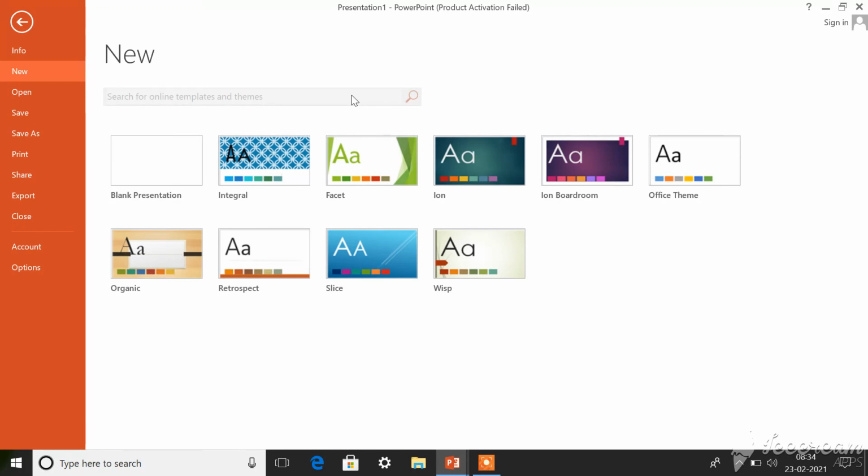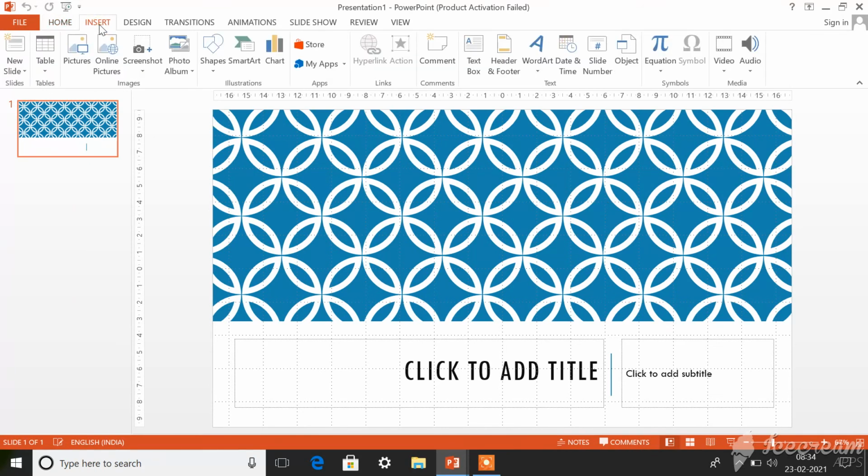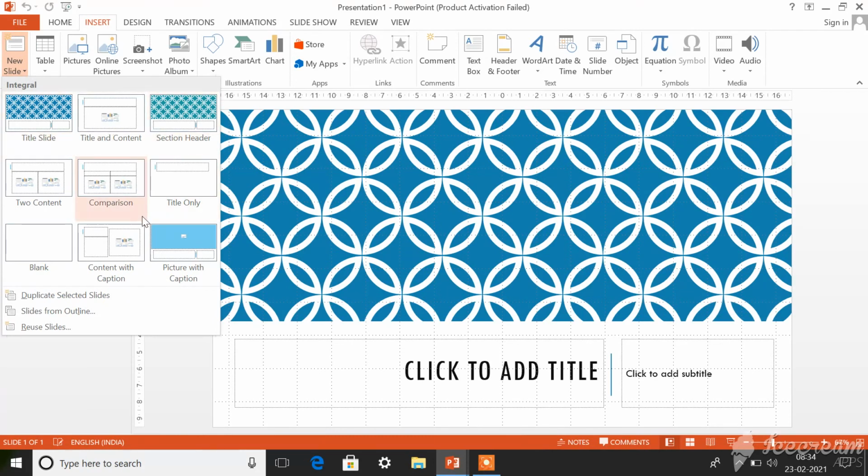Now let's see how to insert a new slide to your presentation. Let me go back to the original presentation. I'll take this PowerPoint presentation, and in this, first of all, you need to go to the Insert tab. For inserting a new slide to a presentation, click on the Insert tab. This is the actual method. In the Insert tab, you have an option called New Slide. When you click this down arrow, you can see varieties of slides. From among the slides, you can select whichever slide you need.